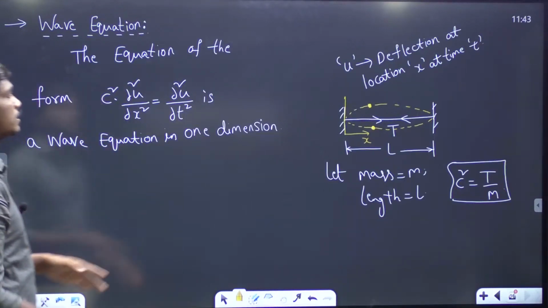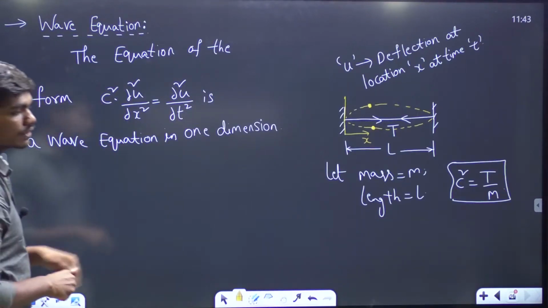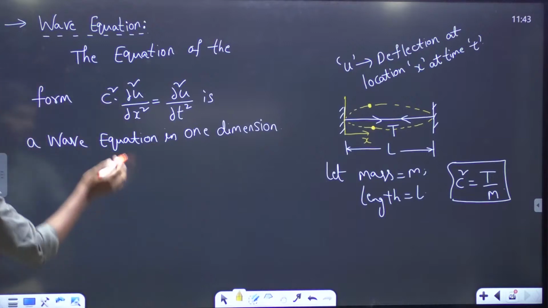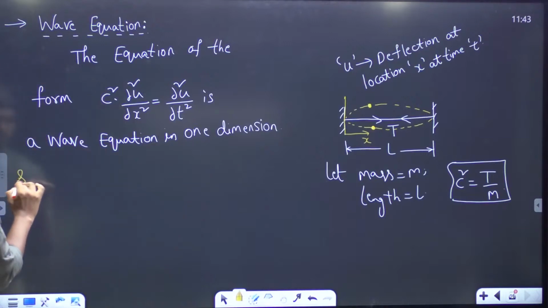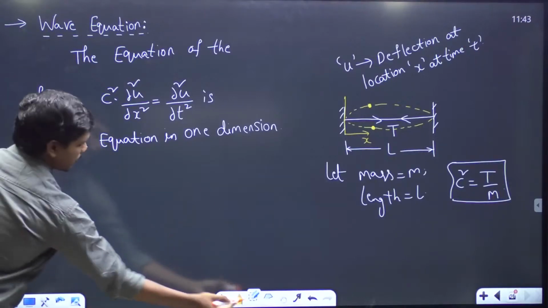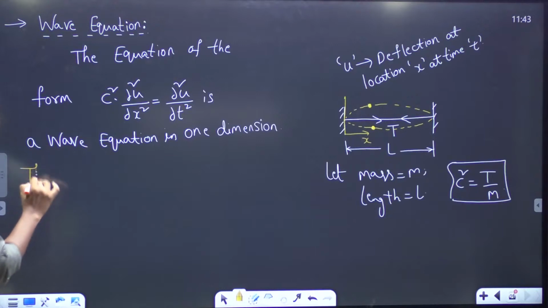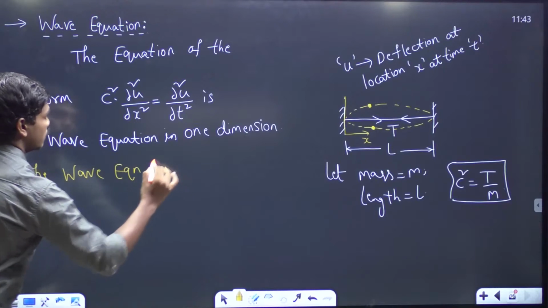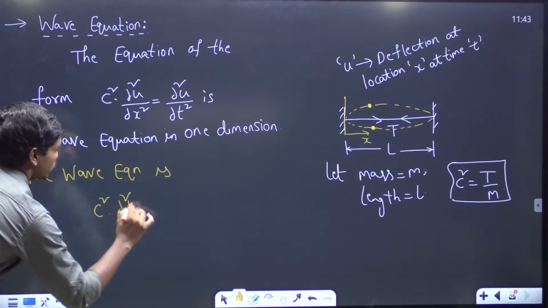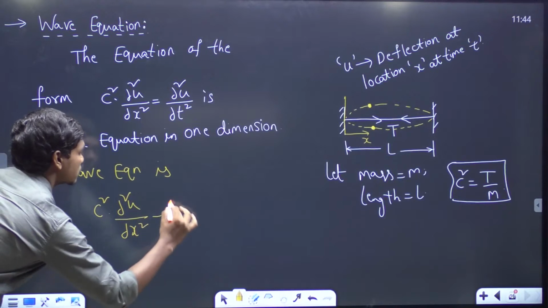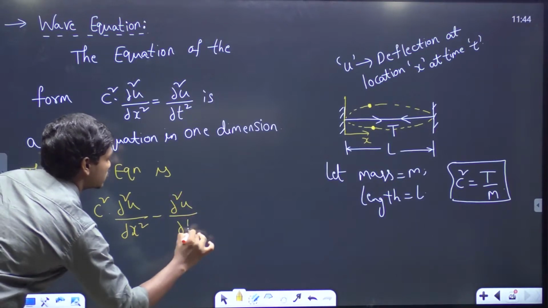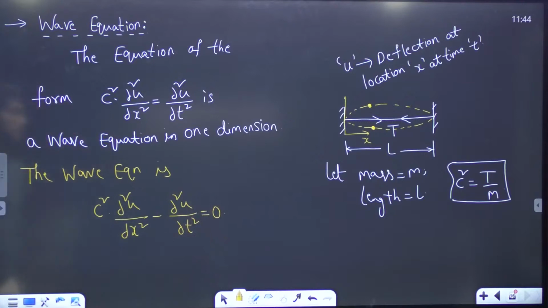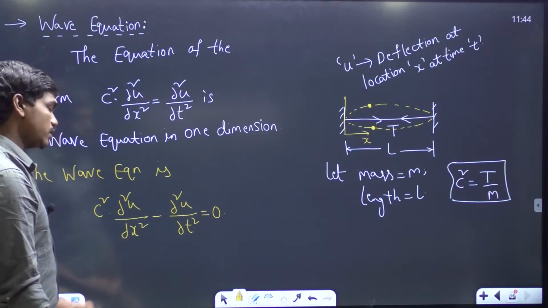So we are writing c square dou square u by dou x square is equal to dou square u by dou t square. So if you write the equation now, the wave equation is c square dou square u by dou x square minus dou square u by dou t square is equal to 0. Correct? Now if you calculate the value of b square minus 4ac, and compare this with